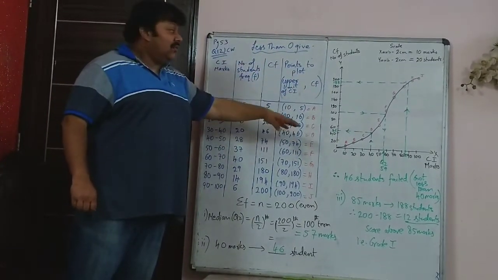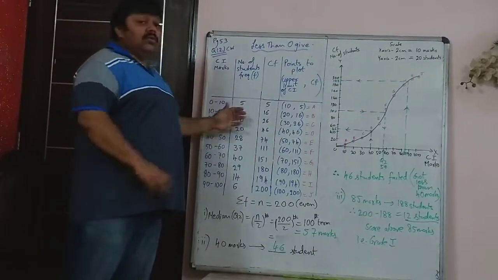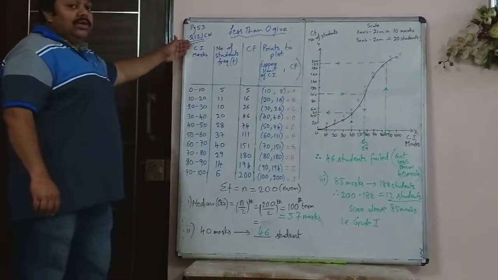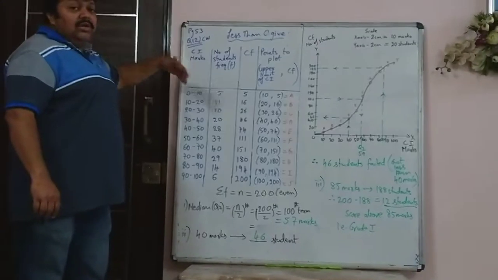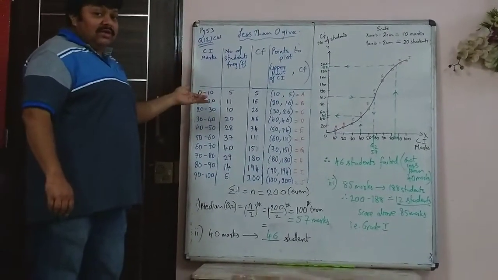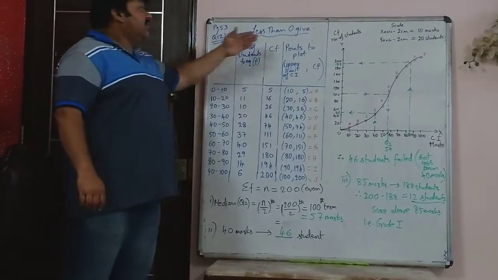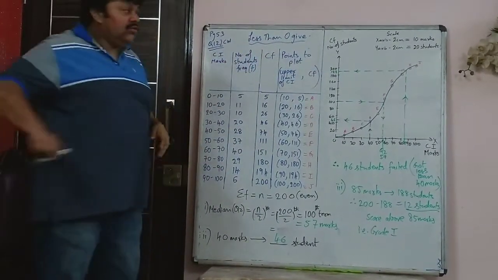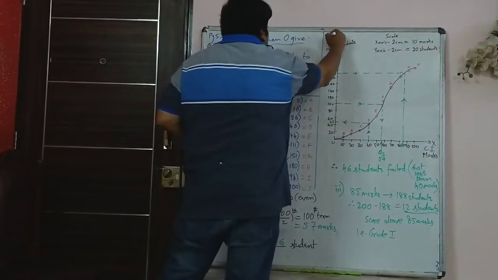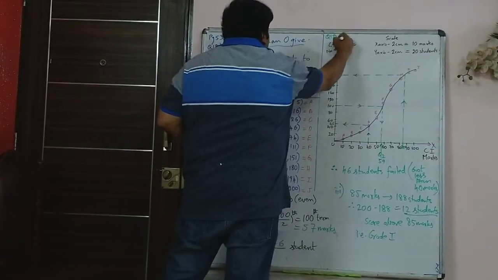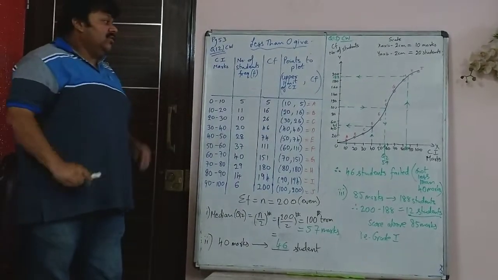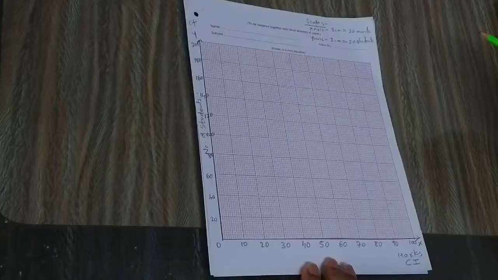Please draw it on the graph page and write this on the ruled page beside the graph page. And whichever sum you're doing, write the question number so that for further reference later, you know which graph and which question it is. So on both the pages, write question number 12. In this case, this is class work question 12. So write that even when you are doing the sums. Now I'll show the graph on the graph page.